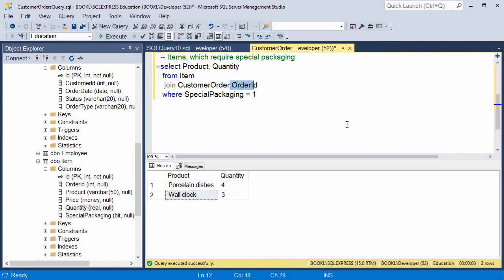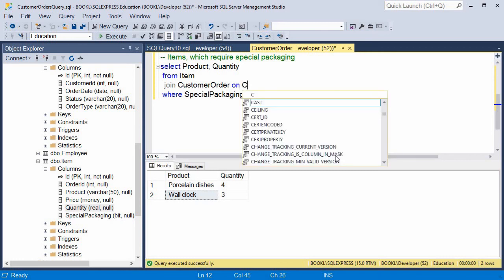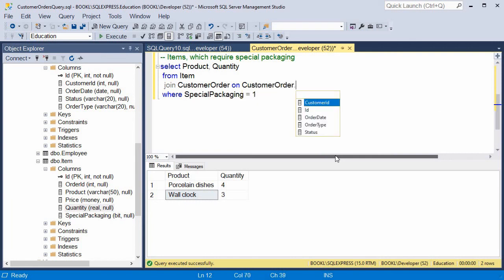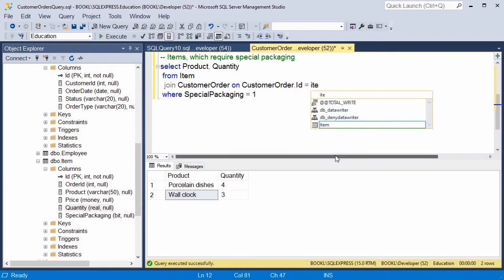Excuse me. Join customer order. I forgot to say on. Join customer order on customer order. From customer order, we are taking ID equal item